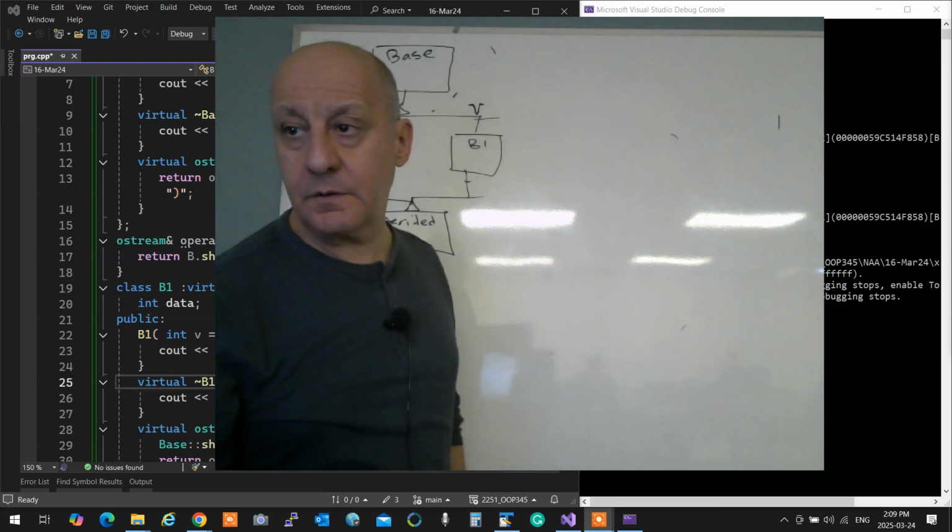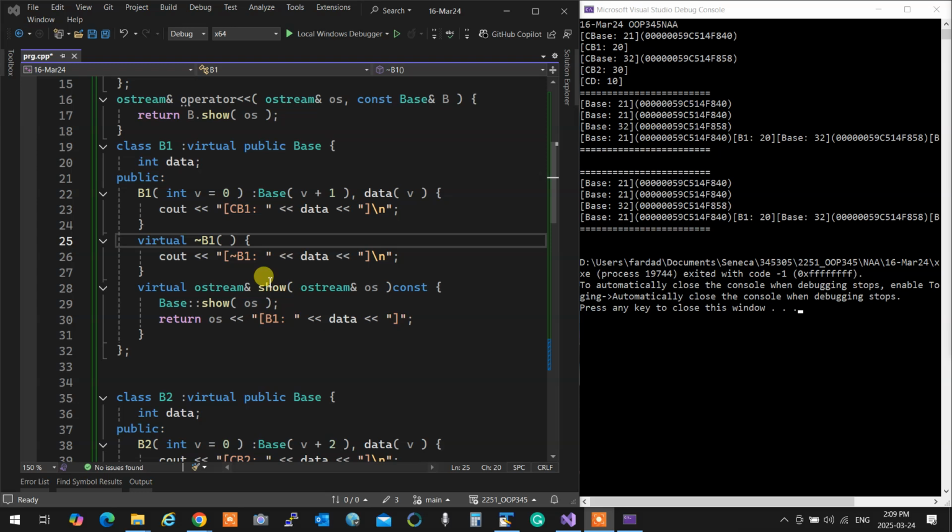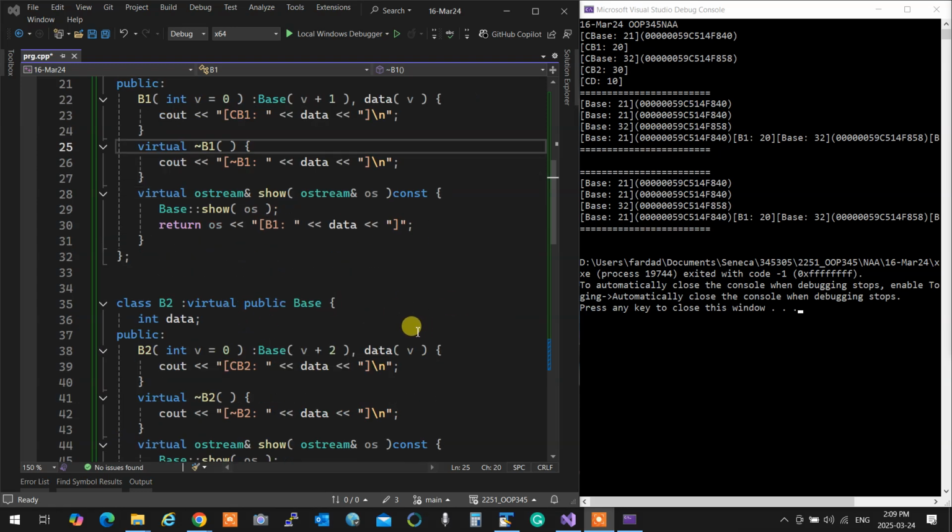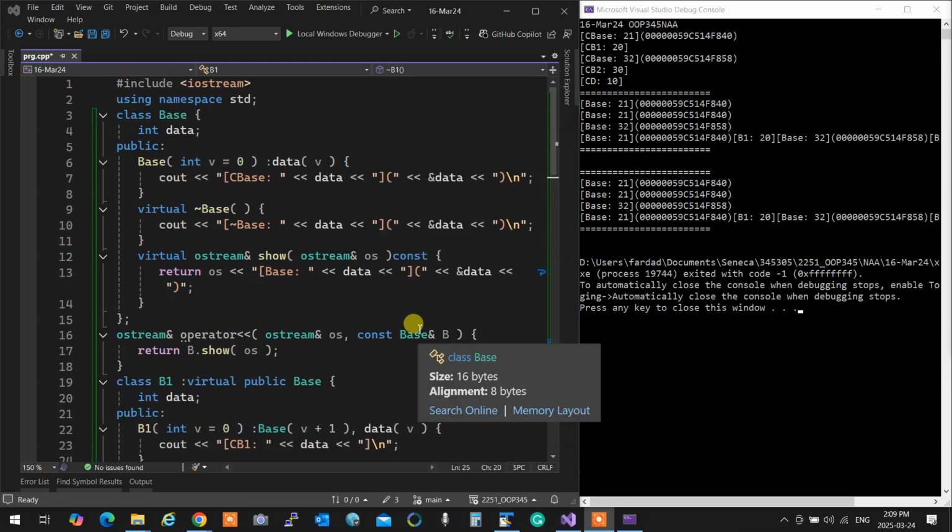This one is virtual, B2 is virtual too. They are both virtual. When you have something like this, then the bases come together. You have only one base created. That's number one. When you have several siblings with virtual inheritance from the base, they share the base.